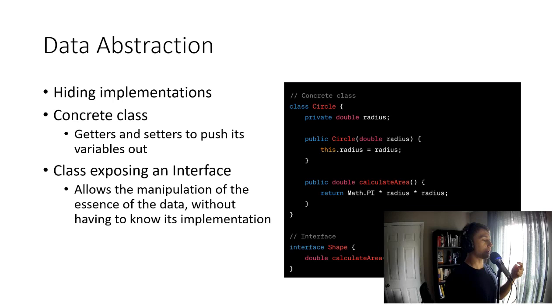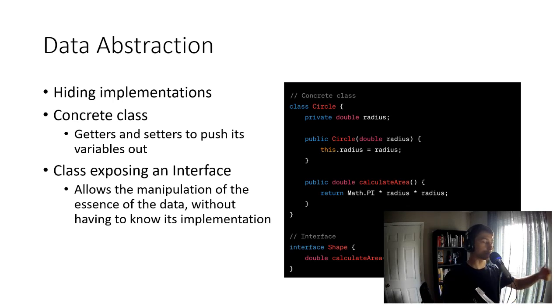So when you create an interface, you're essentially creating a contract that a class has to follow. The methods that are within the interface are nothing that's going to be implemented. You're not going to see any functionality within the interface. So what I mean by that is you see in the example interface Shape, which contains the method calculate area. You don't see the innards of calculate area. That's the job of the class that's going to be implementing it, which is what you see in the circle